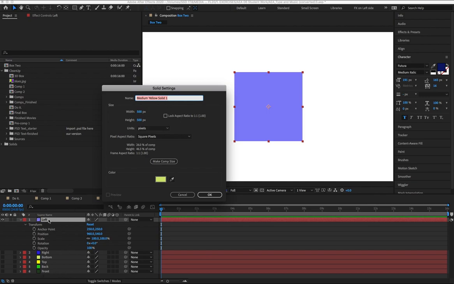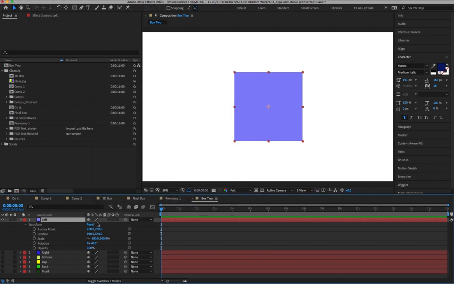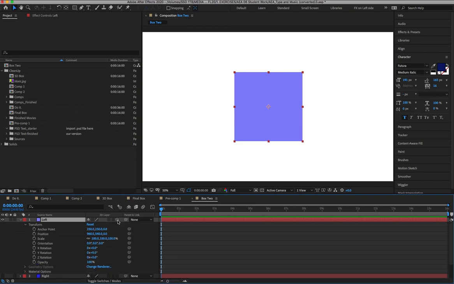That was important to me that they have the right names. Should be to you too. Left, right, bottom, top, back, front. And I also tried to coordinate the colors, but it doesn't really matter. So this is where you put in the name, and then you have 500 by 500. This is where you change the color, of course. I've already done that, so I'm just pointing to the fact that these are all 2D layers with the 2D properties, and then as soon as you click this button,